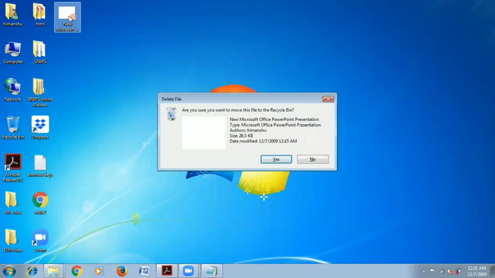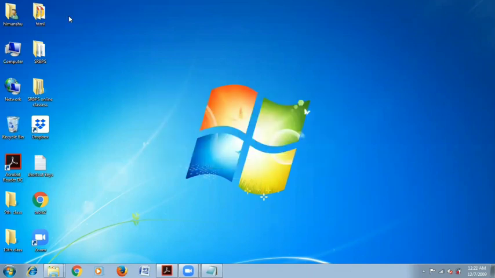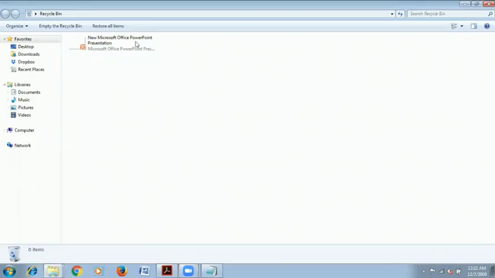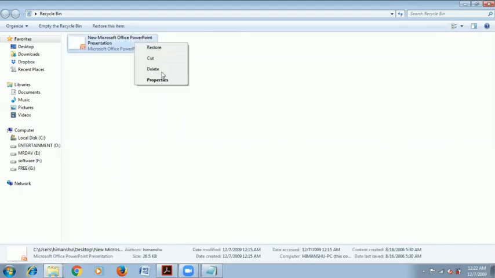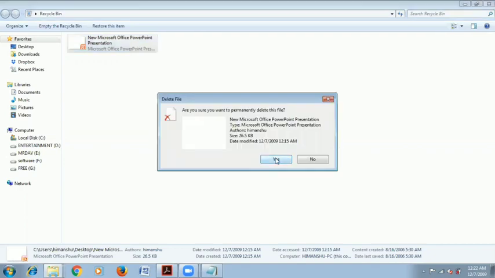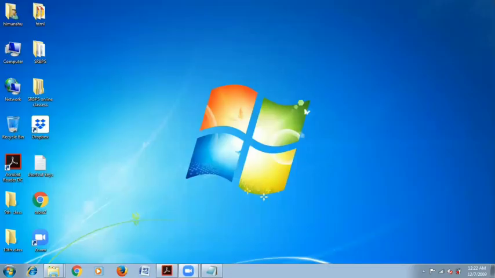If you wanted to delete this file, yes. Let's see in the recycle bin. Now if you wanted to delete this file permanently from your computer, what you can do is right click on it and press delete. It will delete this file permanently from your computer. Okay,